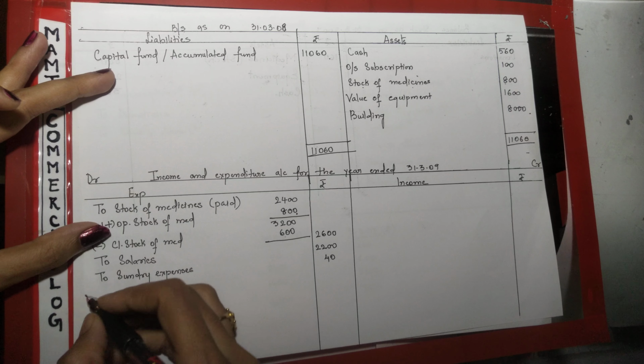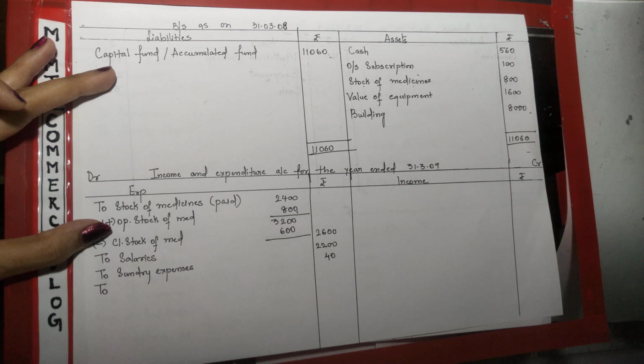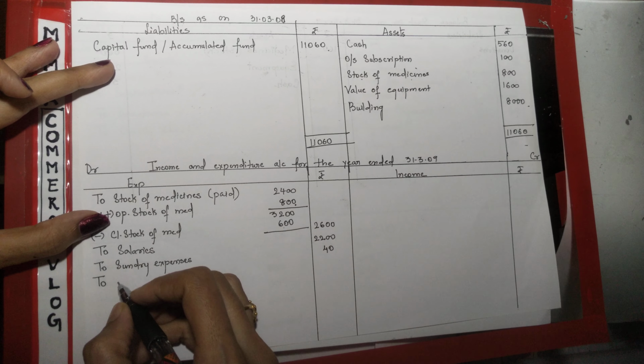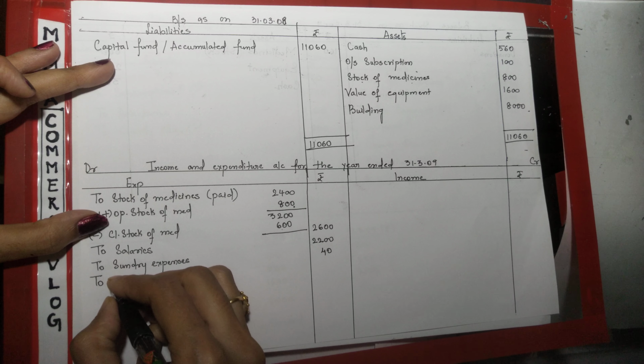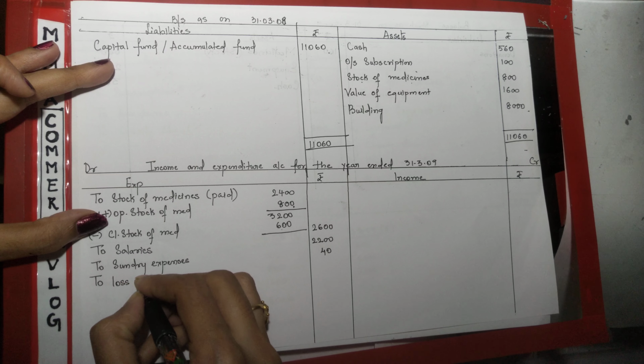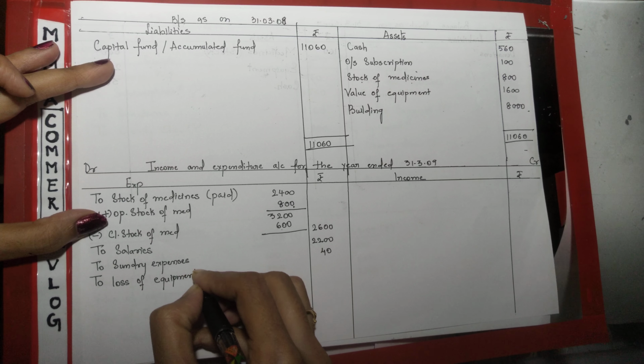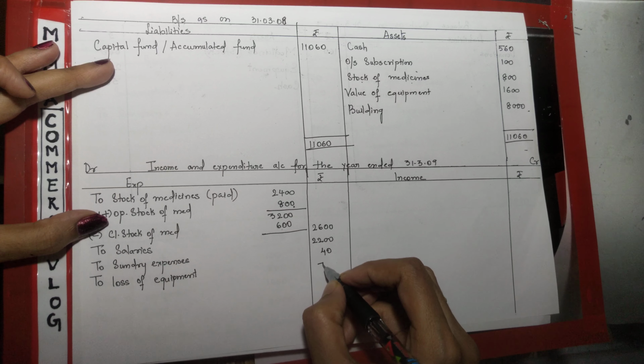So here I will write to loss of equipment 700